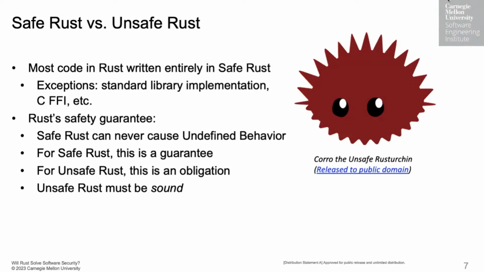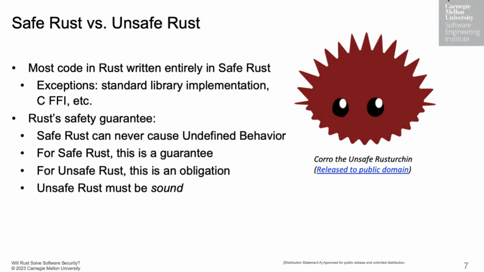And then just a little bit of context on all the guarantees Rust is going to provide. Rust code can be put into two categories: safe, which is most Rust code, and unsafe, which is always clearly annotated as such in the source. So almost everything you'll write in Rust is going to be safe Rust. What has to be unsafe are things like the implementation of its own standard library, or code that interfaces with C code, since you can't know what C is going to do.